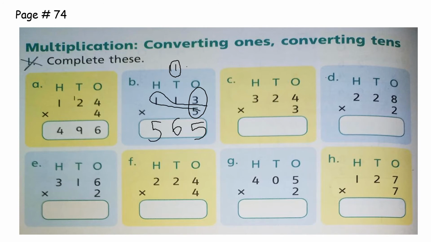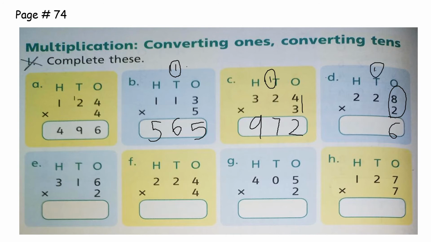So first you multiply the number with the ones column, then with tens, then with 100. Again here first you will multiply 3 with 4, it's 12, 7 and 9. And again here you will multiply 2 with 8 first, 16. Then you will multiply 2 with this 2, 4 plus 1 is 5. Then you will multiply this 2 with the hundreds 2. So 2 2s are 4. So this is how we do multiplication. Step by step we multiply a number first with ones, then with tens, then with hundreds.